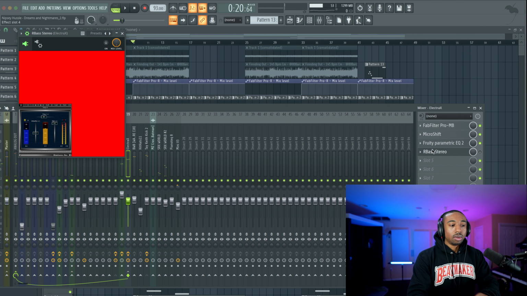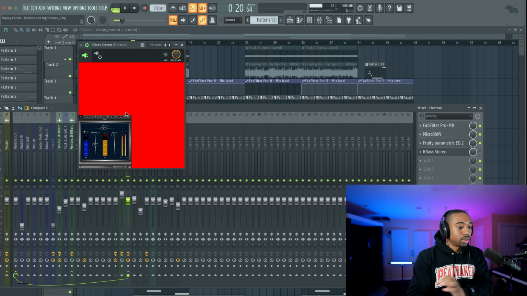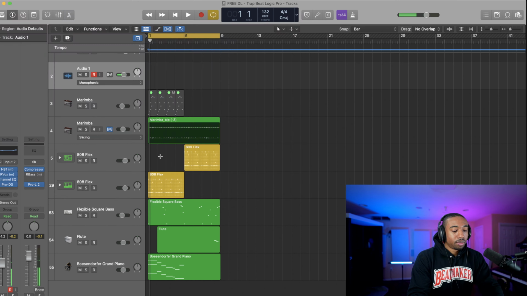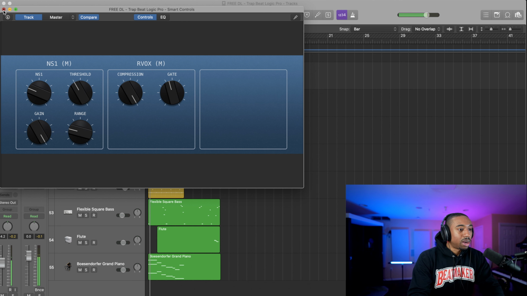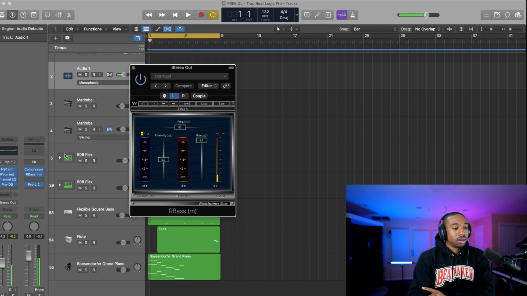So if you're like me and Waves just shows up as red in your DAW for some reason, I don't know why. So that's why I'm not showing you this screen in FL Studio. Waves plugins do work in FL, but they've been messed up lately for mine. So what I'll do is I'll use it on my actual voice. So let's open up R-Bass, and you can hear, wow, I sound super boomy. Let me bypass it for now.